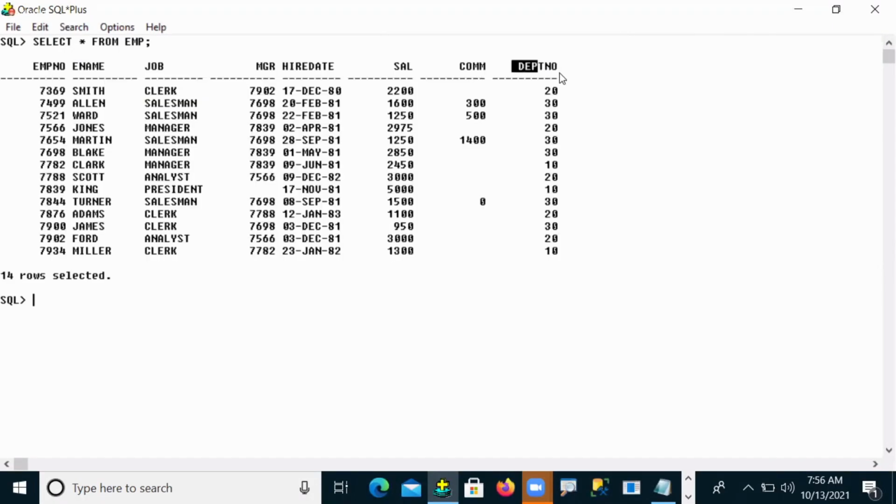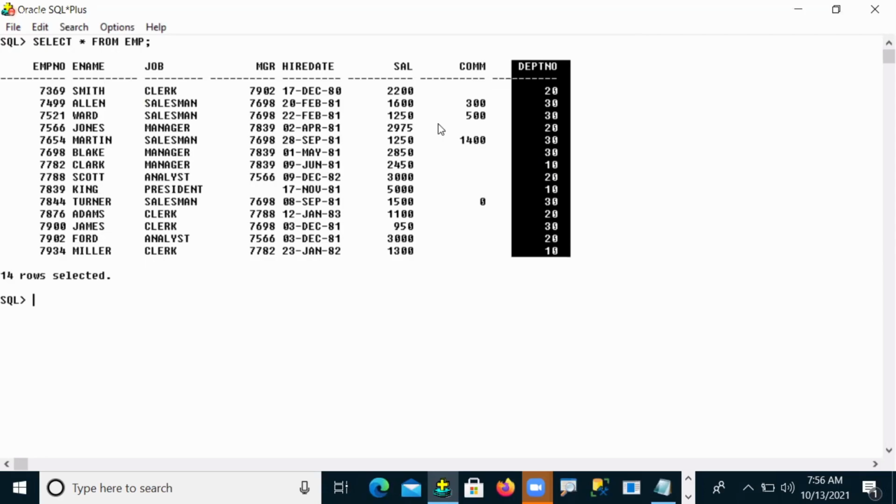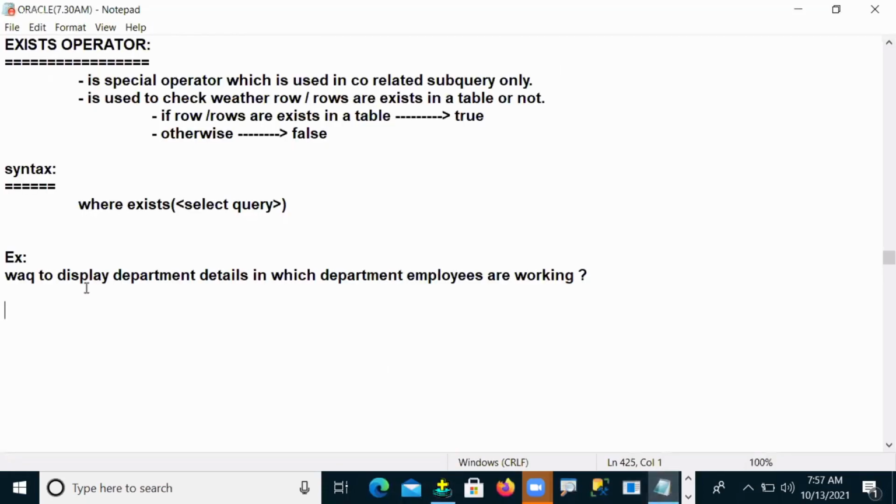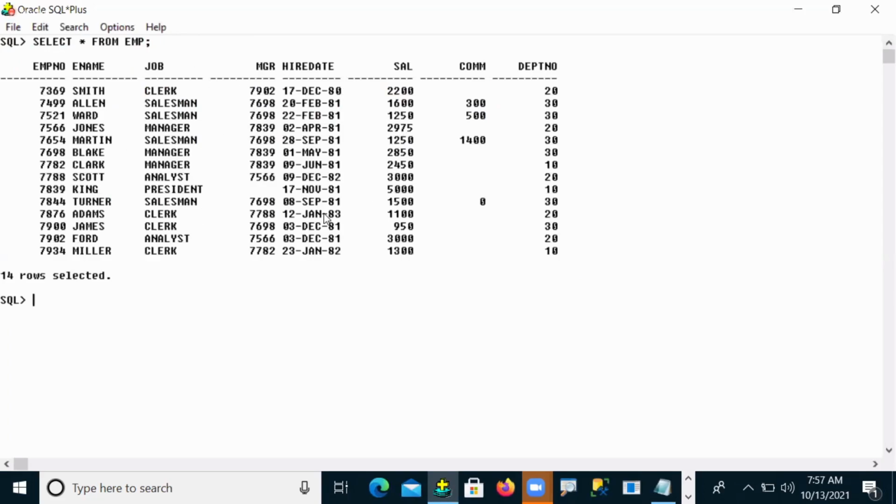We just have the department number, only this one column, but department name and department location are not there. But my requirement is not to display any employee; I want to display department details. My EMP table here is related to employees, not departments.